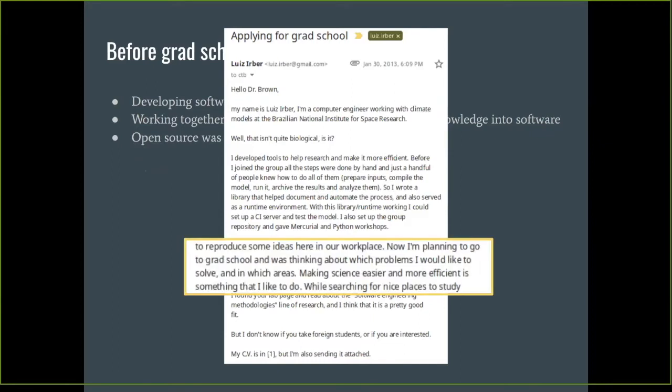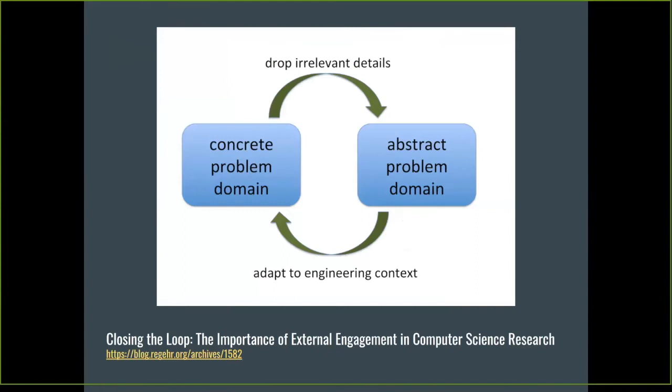And something to point out in this email that I sent is that I wasn't very sure what I was getting into with bioinformatics. But after working with image processing and climate models, I knew I wanted something that was interesting as applied computer science, something that would have users that aren't necessarily computer scientists, but increasingly had gigantic computational needs. And this speaks a bit to a quote from a post by John Regehr that says,